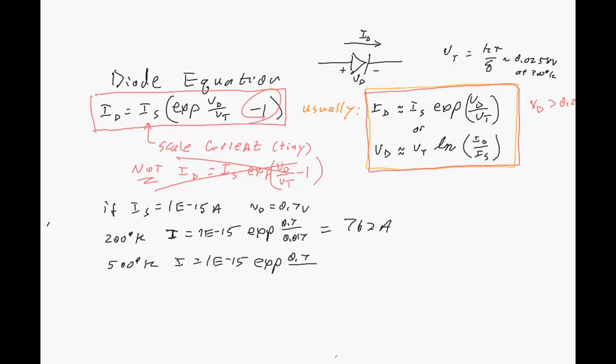And now we would get a number of 0.043 for VT. And we'd now have 11.7 nanoamps, right? So 1e to the minus 9 amps. So we've changed, what, 11 orders of magnitude